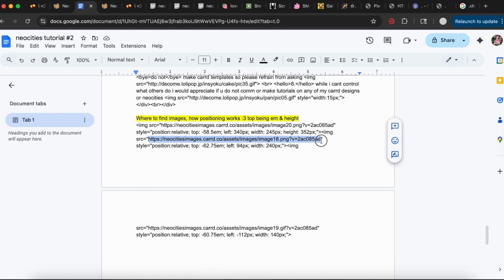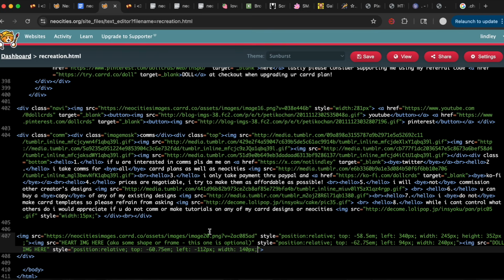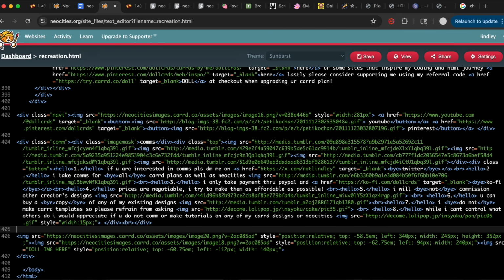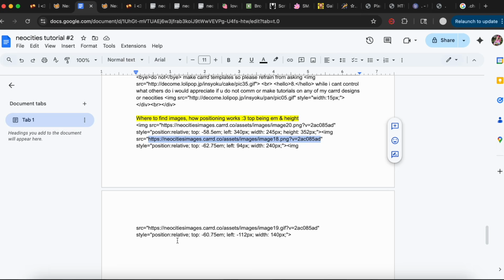And then we have the heart, which I think is cute, but like I said, it's optional. You can use another shape or frame in the background, but if you would like to get rid of that and you just want the background and the doll, literally just delete this entire line of code. And I left my original numbers in the code. Sorry, I've been recording for a while, can't remember my words, I guess. But unless you're using the same exact images as me, you are going to need to adjust that. And then lastly, we have the doll image,